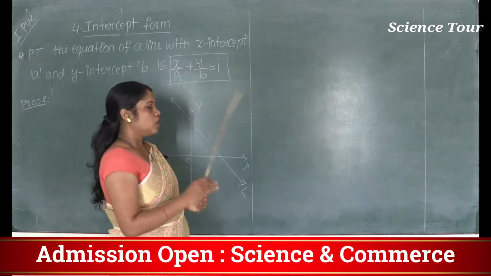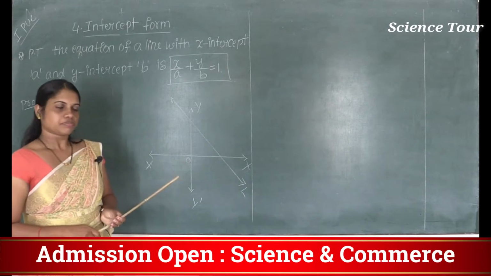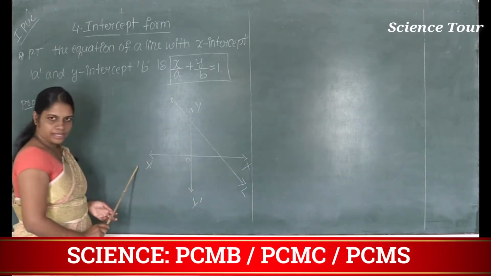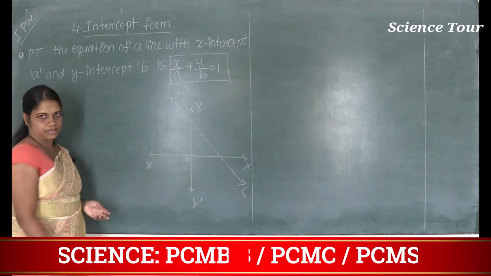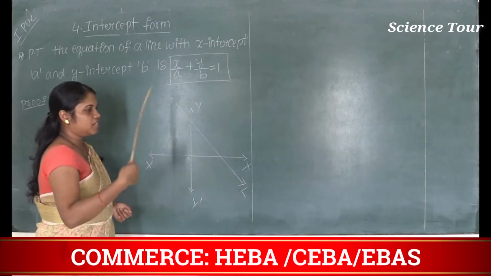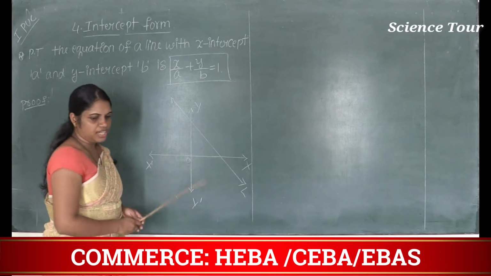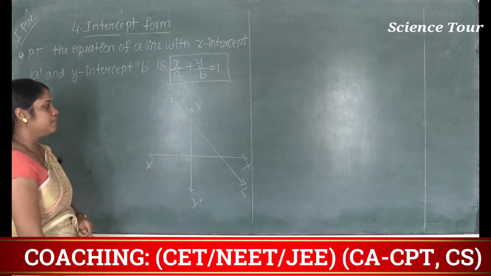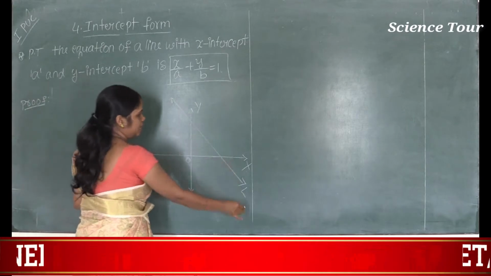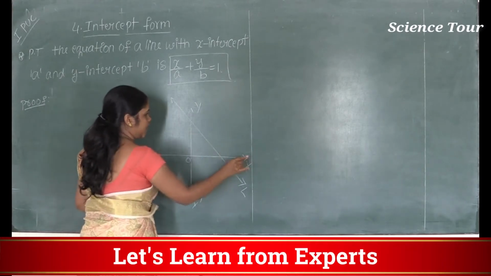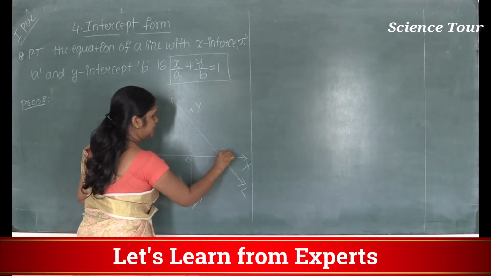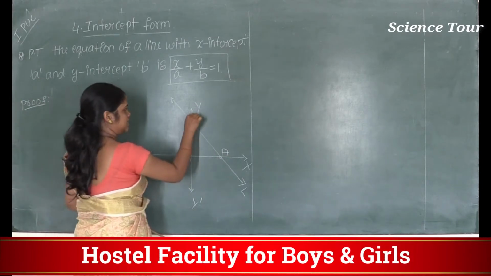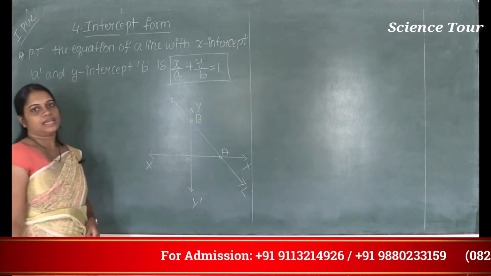So let us discuss the diagram. See, this is a coordinate system given. This is your x-axis and this is your y-axis. So in this coordinate system, I have considered one straight line L. See here, L is the straight line. See, this straight line L intersects the x-axis at the point A, as well as the y-axis at the point B, I will consider.